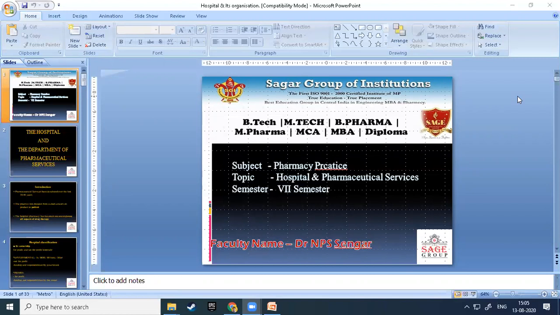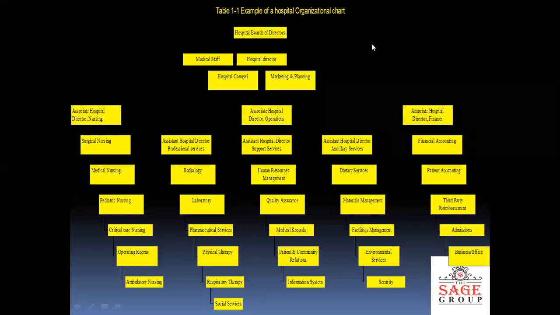Now we are going to study pharmaceutical services in a hospital. This organization chart of hospital we studied in previous classes, and now we are going to see the pharmaceutical services. Before that,